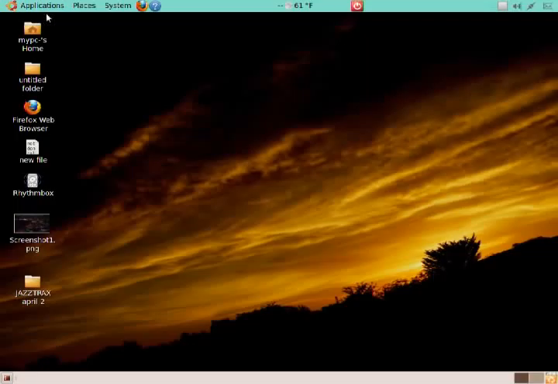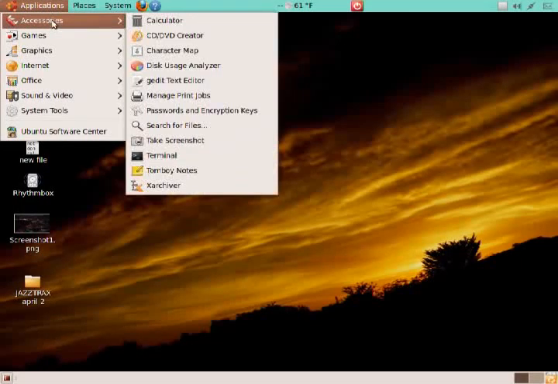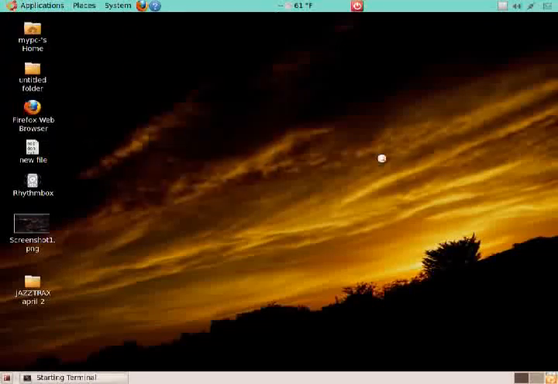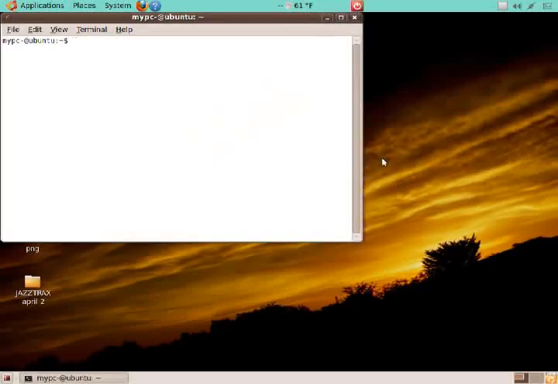So again, let me go back to Applications, Accessories, Terminal, and we are going to remove Quod Libet from here. So type in sudo apt-get remove quodlibet. Now, don't really focus too much on the wordage here as far as what's sudo apt-get and all that. Just trust me that this works. Okay, so right now I have sudo apt-get remove quodlibet, enter,